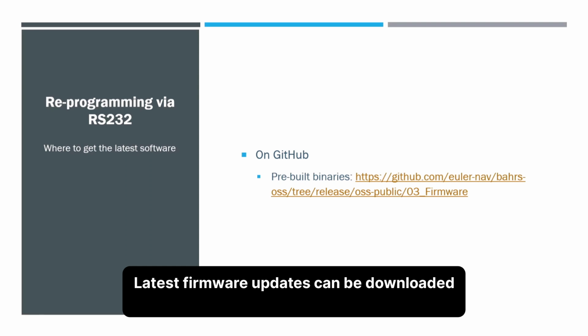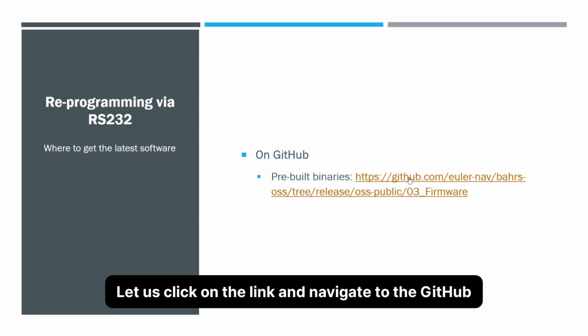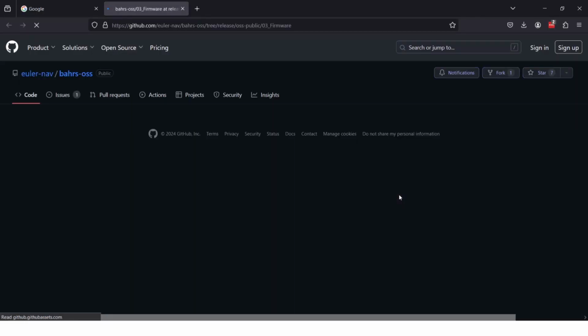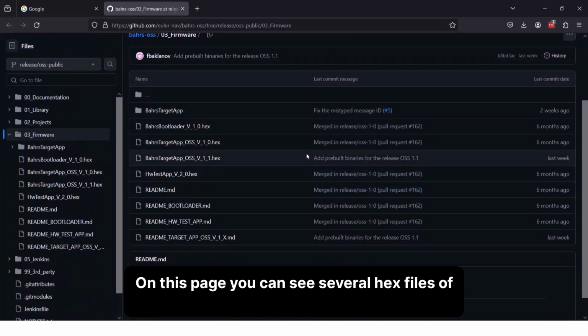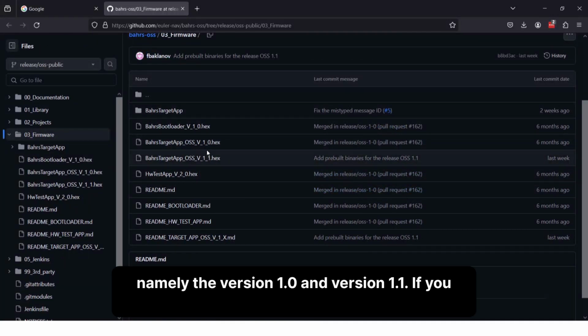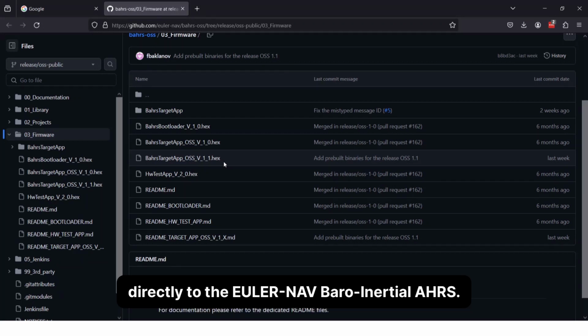Latest firmware updates can be downloaded directly from our GitHub repository. Let us click on the link and navigate to GitHub. On this page, you can see several hex files of open source software builds, namely version 1.0 and version 1.1. If you download these hex files, then you can flash them directly to the EULER-NAV baro inertial attitude and